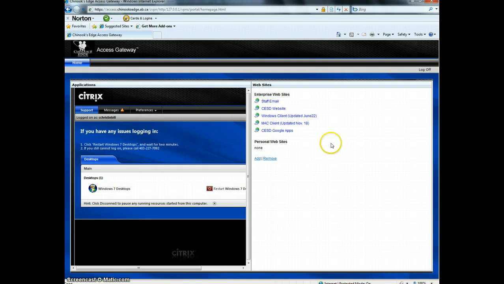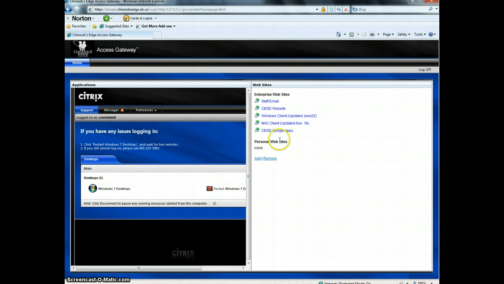side. So here it is preloaded with some pieces that are frequently used by many divisional staff. So obviously we have a web link to your staff email, the Chinook's Edge website, and also Google Docs. So it's not the same as a favorites, but it is kind of a smaller version of favorites. So it's just those things that you use on a daily basis. So it's not an extensive list of websites like you would have in Delicious or your regular favorites on your